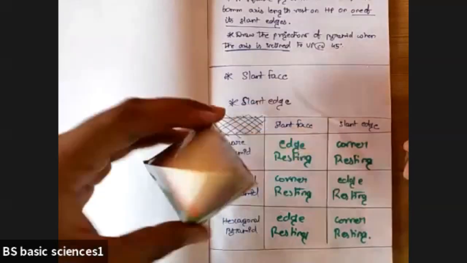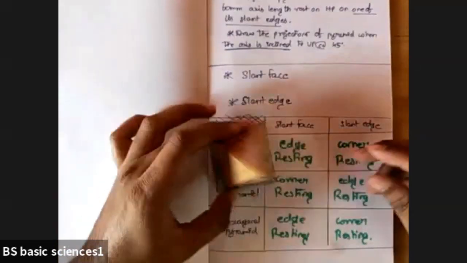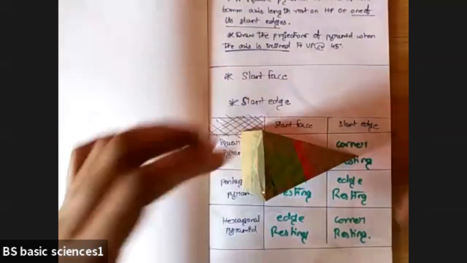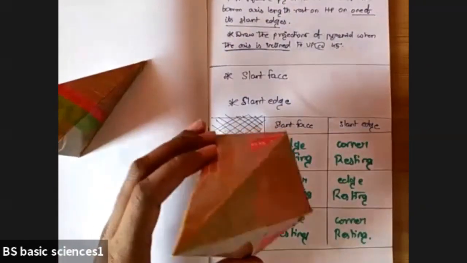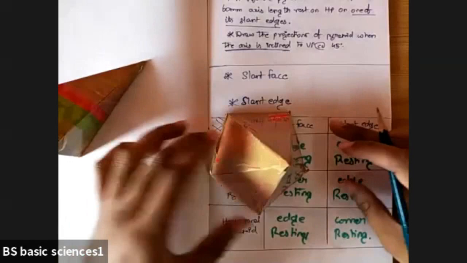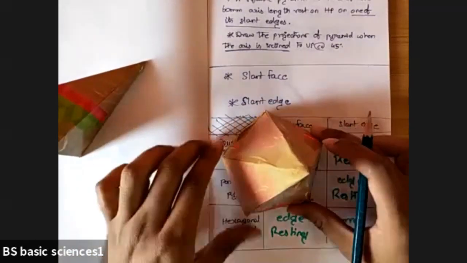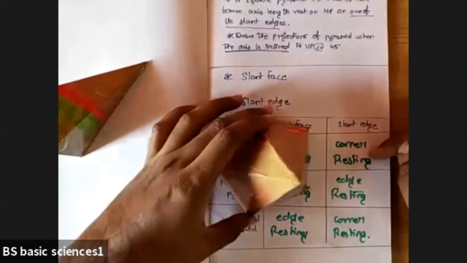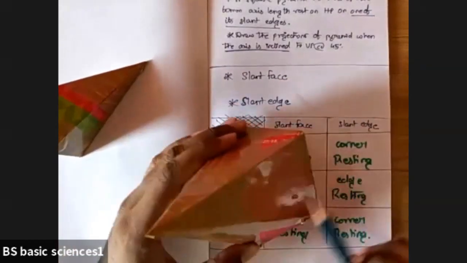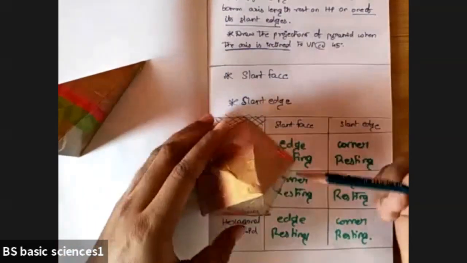With respect to one of the edges you'll place it, or with respect to one of the faces you'll place it on your horizontal plane. Similarly in case of the pentagon pyramid, you'll be placing the pentagon pyramid on HP with one of the triangular faces, or you'll be placing